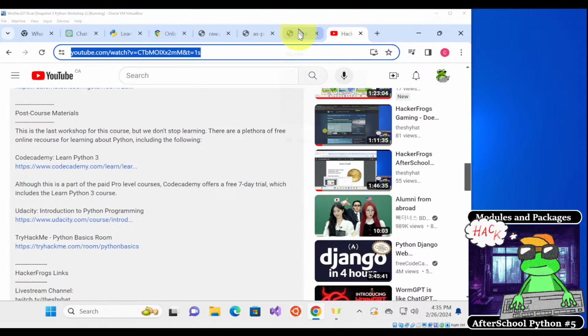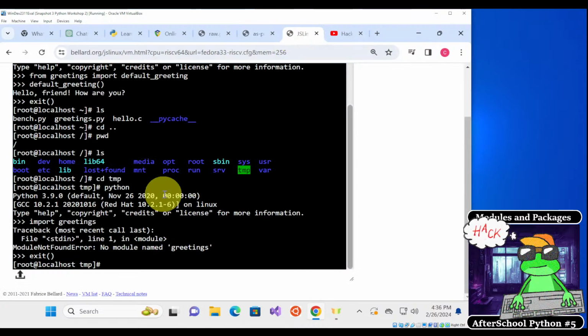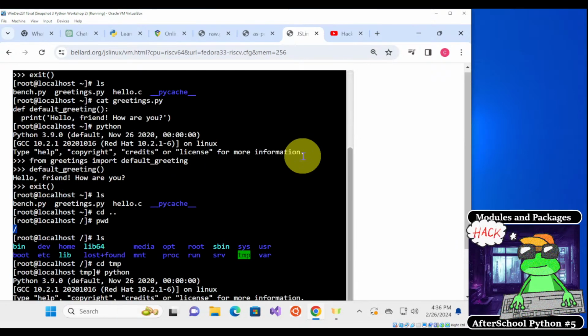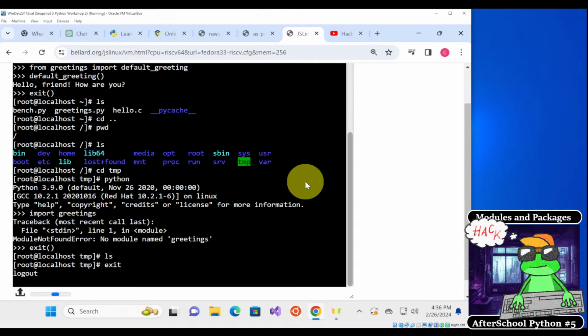So, is there anything else? Okay, so that's done. What we're going to do until the end of today's session is start using some Python modules to write some useful programs. So let's try. Whoops, I logged out by accident. Okay, so what we're going to do is write a little program that uses Python to get the